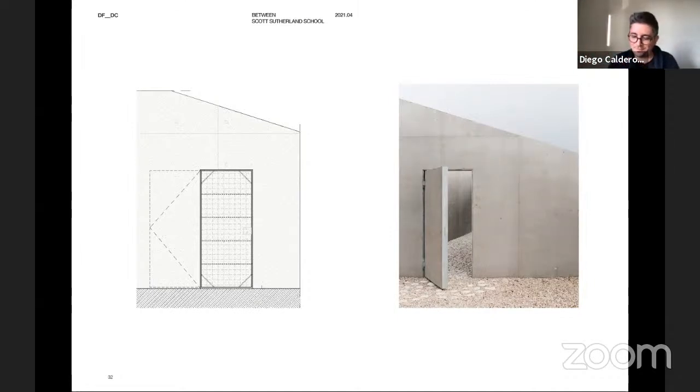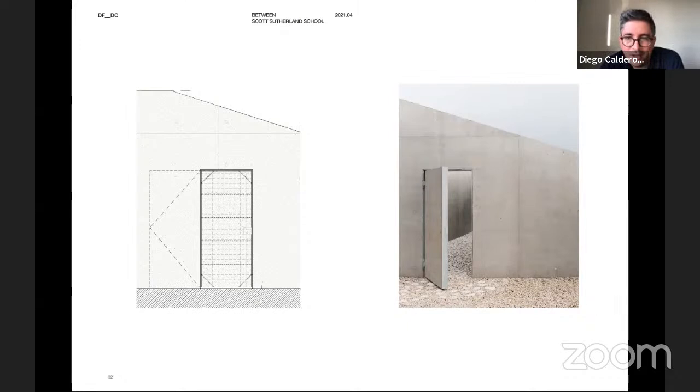Once there is something going on in the project, you realize that at some point this snowball, this nebula of interests brought together, begins to take a life of its own. And then we realize that a passage from the street into the garden should not be what we would normally do, perhaps a metal gate with some sort of elegance, or take it as an opportunity to come up with a design. Let's call it design, to use design to solve pragmatic issues.